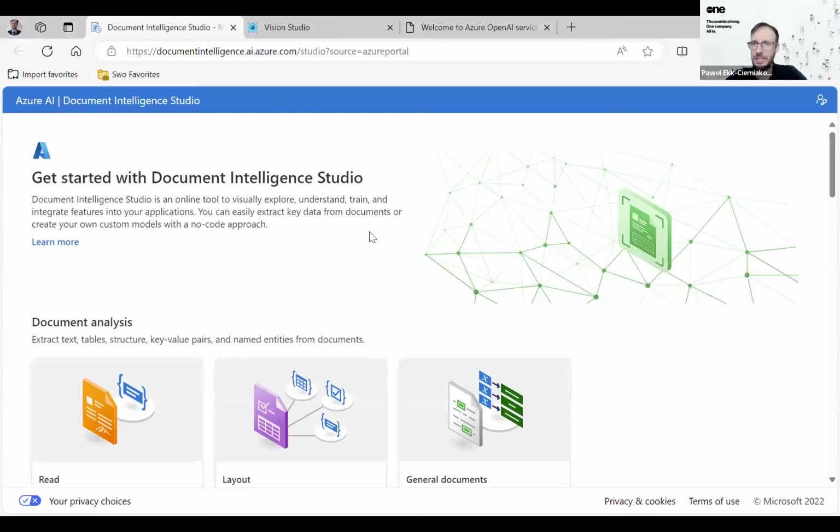Okay, I hope that everybody can see my screen with Azure AI Document Intelligence. So this is an online tool that enables us to explore and ingest the information from documents. It can be trained for a custom model. It can also be used as the pre-trained models, which will recognize particular information. So I will start with this. In this task we have